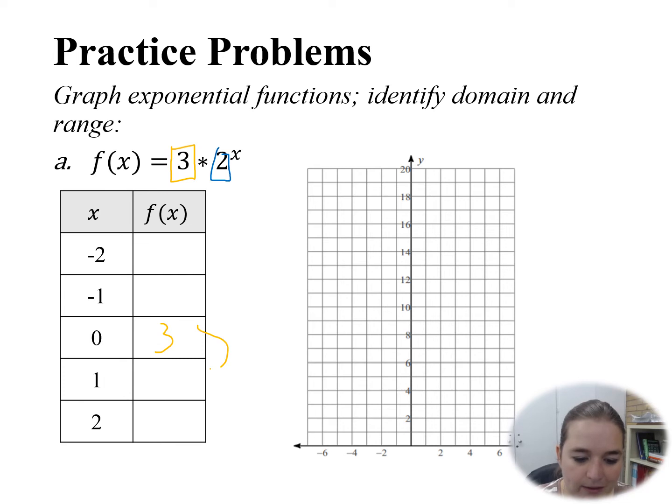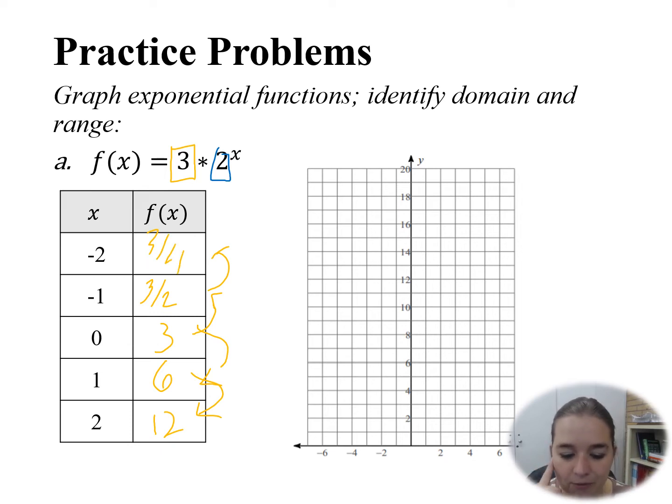So in my next box, 3 times 2 gives me 6. 6 times 2 gives me 12. I know that the inverse of multiplication is division, so if I want to go the other direction, I divide by 2. I get 3 over 2, and then I get 3 over 4. If I plot my points here, I can start at -2 and then 3/4, so that's going to be just below 1, somewhere in there. My next one, -1 and 3 over 2. Well, 3 over 2 is 1.5. Then I have 0, 3,